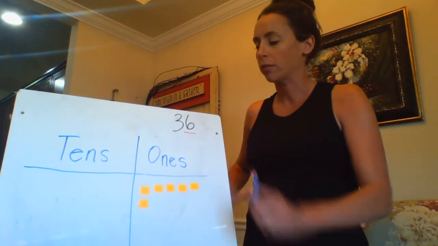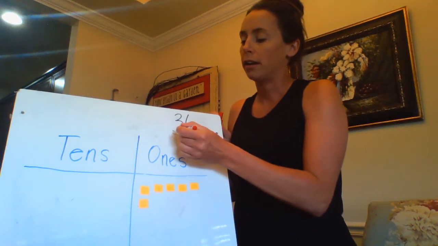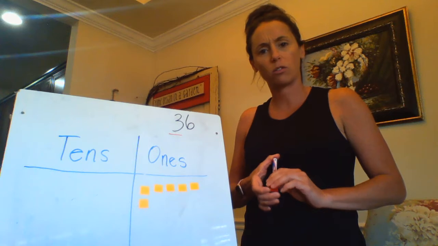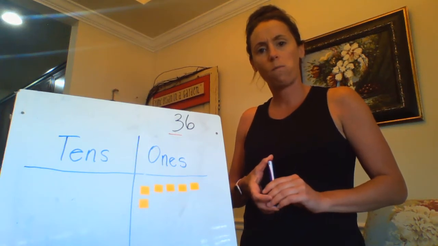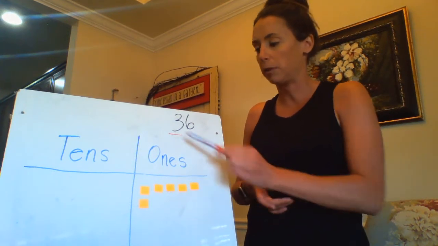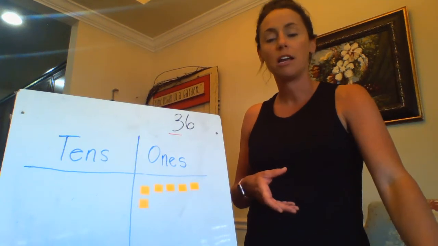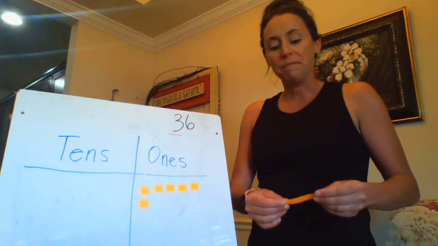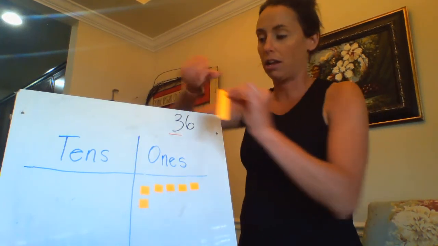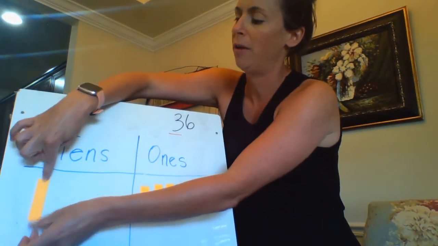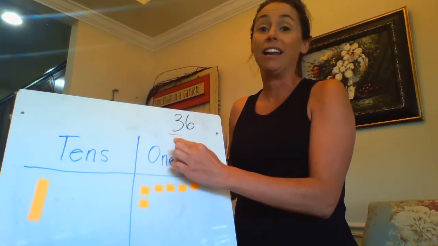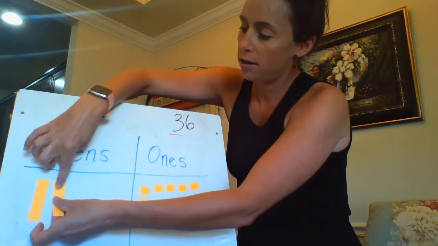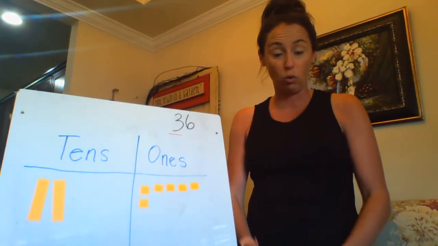Now, let's look at my next number, 3. Is my 3 in the tens place or in the ones place? It's in the tens place. So my 3 is in the tens place. So I need 3 tens. Now remember, my rods are worth 10. They're long. So here I have, how many do I need? I need 3. Okay, so 1, 2,